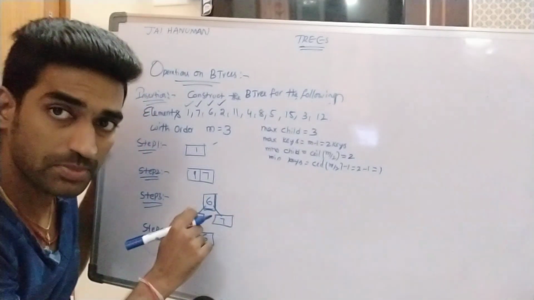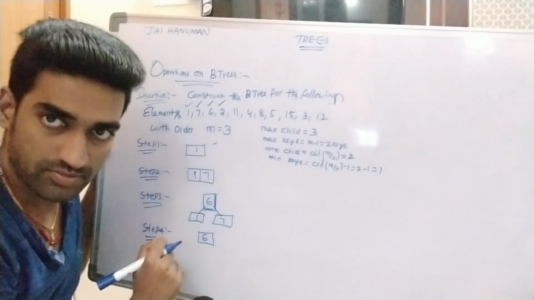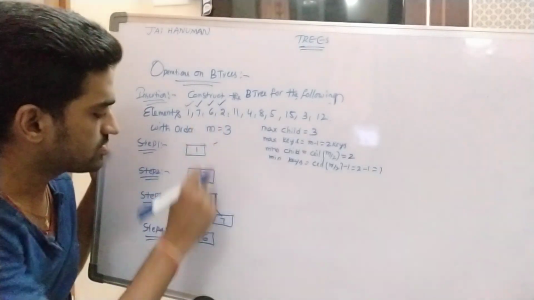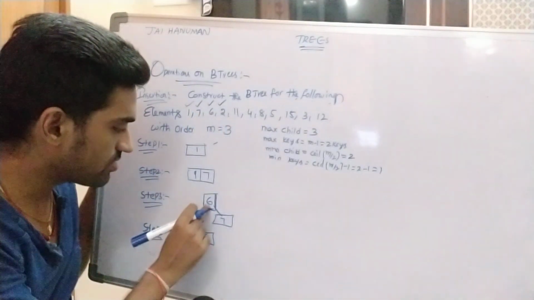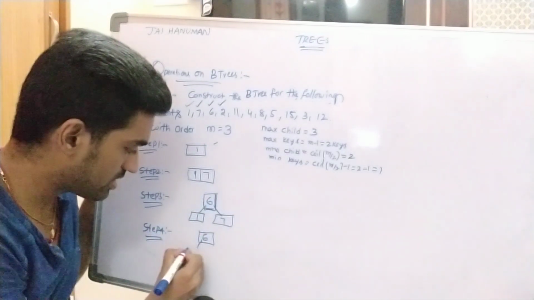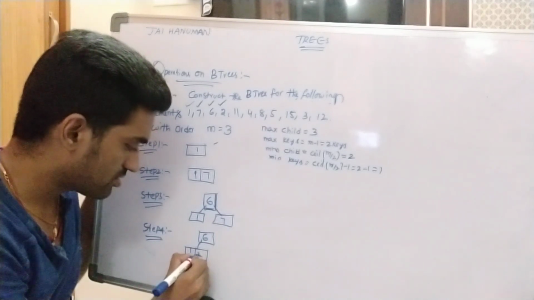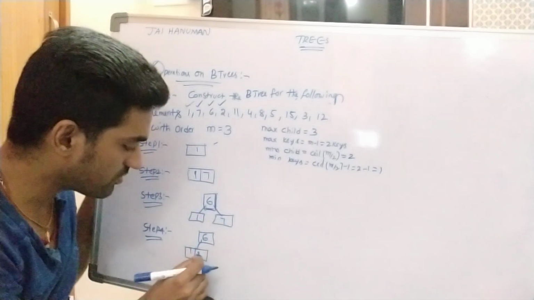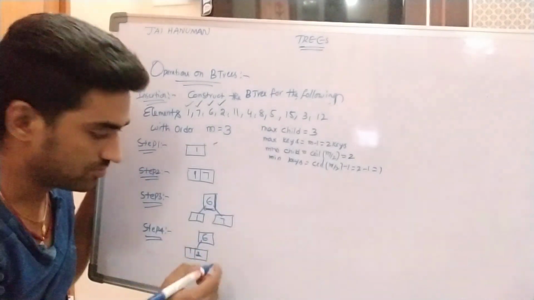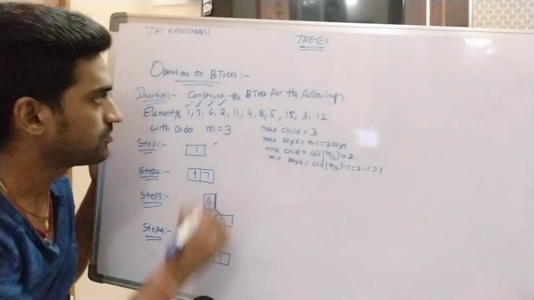One more property of the B tree is that all insertions are done at leaf nodes only, not at the root node. Remember that. So here, when compared to 6, 2 is a lesser value, so we place it on the left side: 1, 2. Why are we placing it in this position? Each and every node contains two key values for a third order B tree. So 1, 2, and then here I am writing 7.